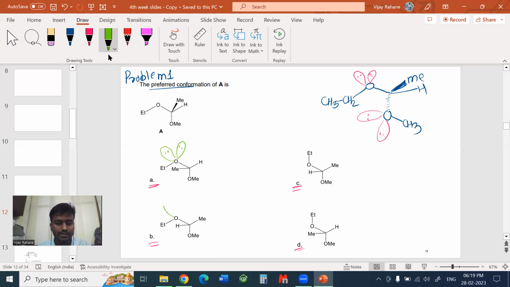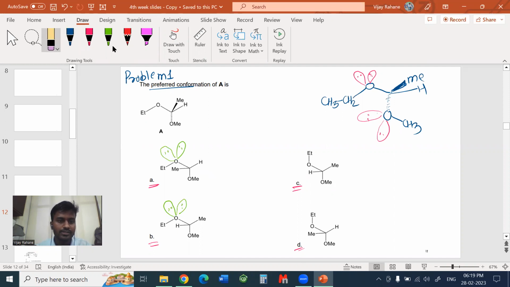In the second one, this lone pair of electrons will be here. So we can visualize this by drawing the Newman projection formula, right? So in this one, if you see from this side,